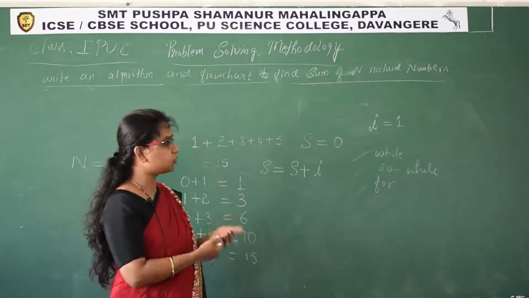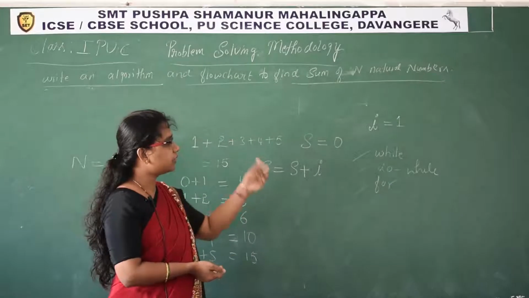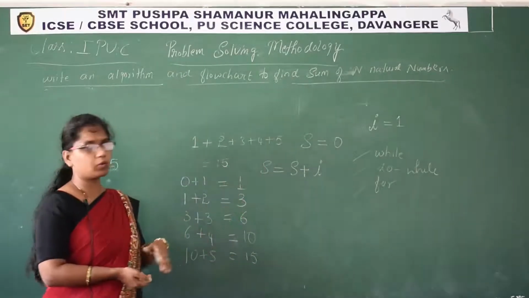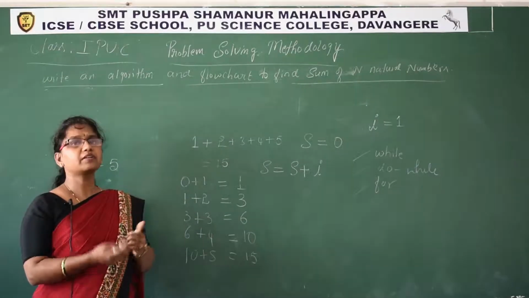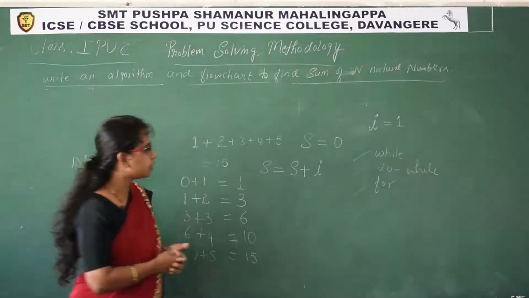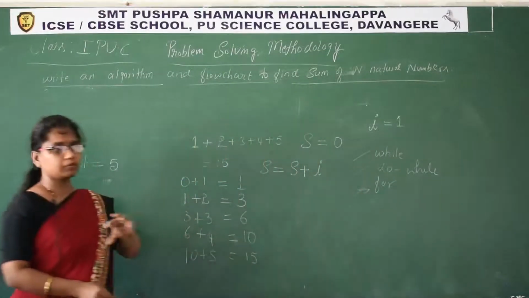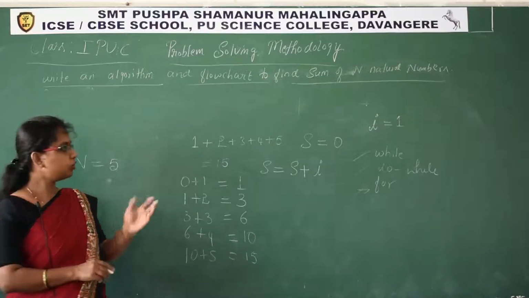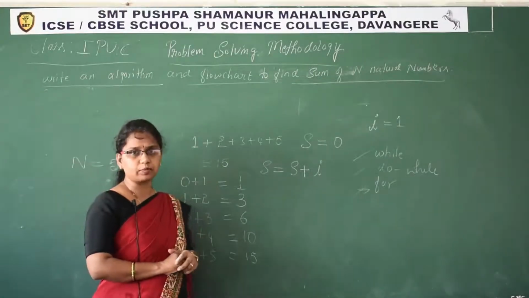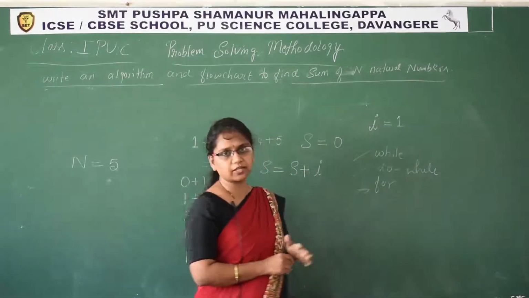ಮತ್ತು ಪ್ರತಿಯೊಂದಕ್ಕೂ ಅದರದ್ದೇ ಆದ ಒಂದು ಸ್ಟ್ರಕ್ಚರ್ ಇದೆ. So while can be written in different ways, and for loop also. For loop, while, do while, all are doing the same job, but a little bit of difference is there. Here I use for loop. ಅಂದರೆ ನನಗೆ ಈಗ ಮೂರು ಪರ್ಪಸ್, ಮೂರು ಥರ ಇದ್ದಾವೆ, ಇಲ್ಲಿ ಮೂರು ಲೂಪ್ಗಳಿದ್ದಾವೆ. ಈ ಮೂರು ಲೂಪ್ ನಮಗೆ ಯಾವ ಥರ ಬೇಕೋ ಆ ಥರ ಯೂಸ್ ಮಾಡ್ಬೋದು. ಅದರಲ್ಲಿ ಮೂರು ಲೂಪ್ಗೂ ಅದರದೇ ಆದ ಒಂದು ಸ್ಟ್ರಕ್ಚರ್ ಇದೆ.